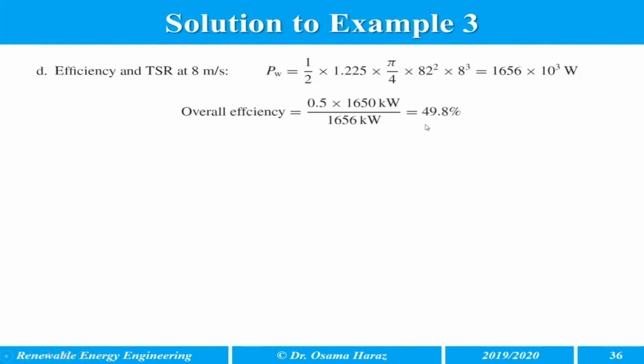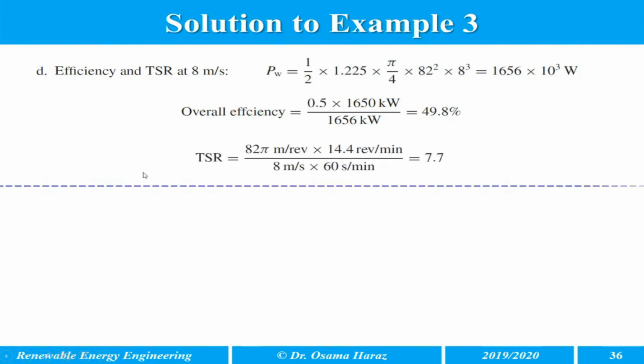It's 49.8%. And the TSR from this equation at 8 meters per second, the new speed of the wind, you get